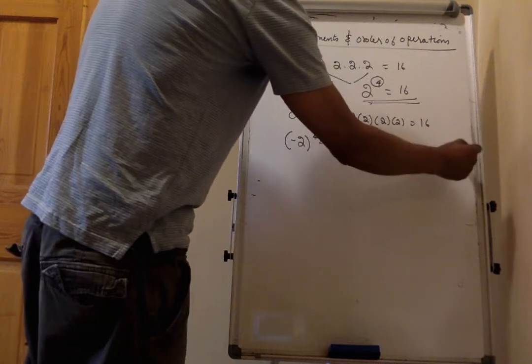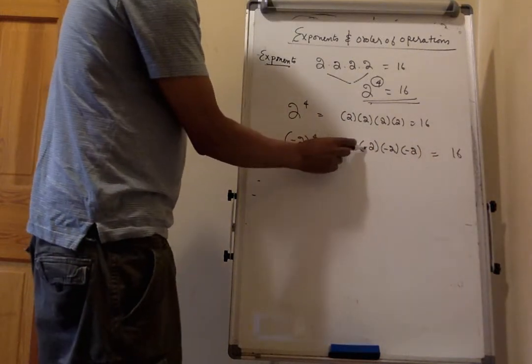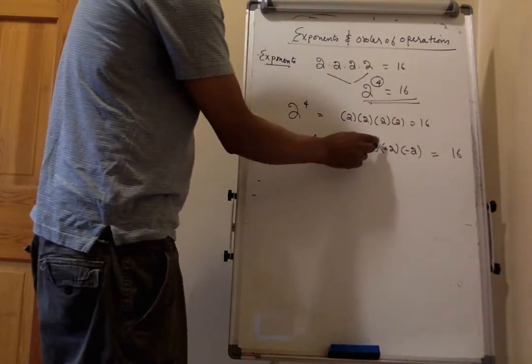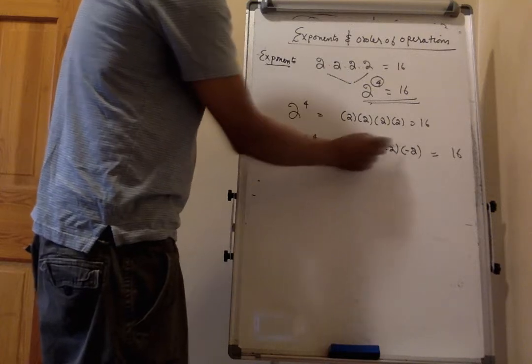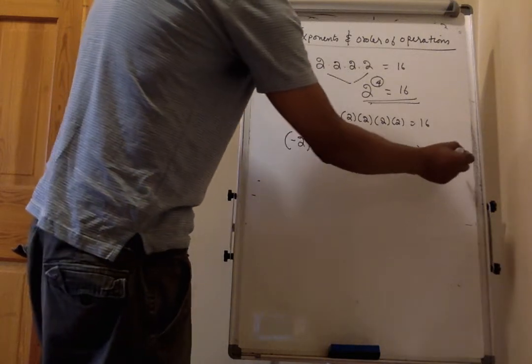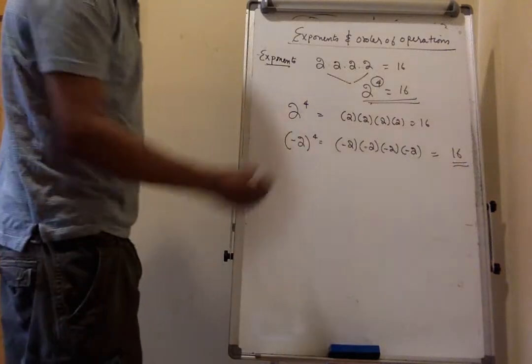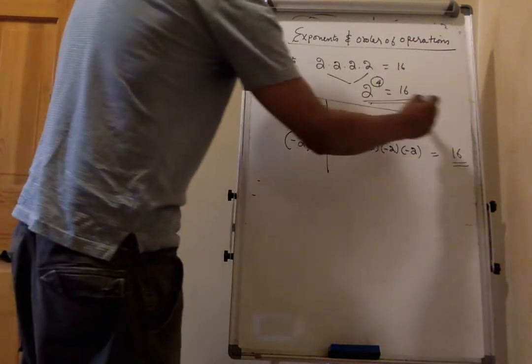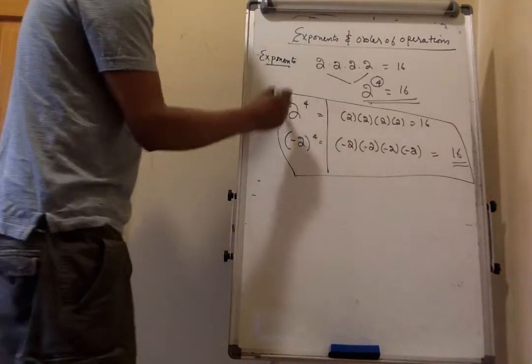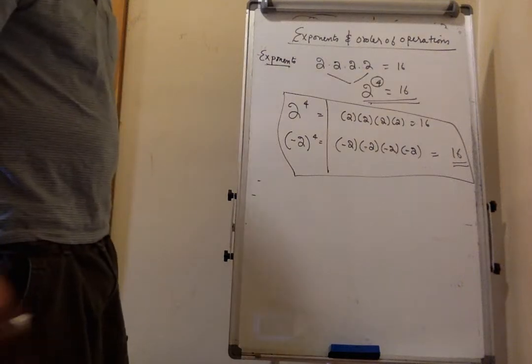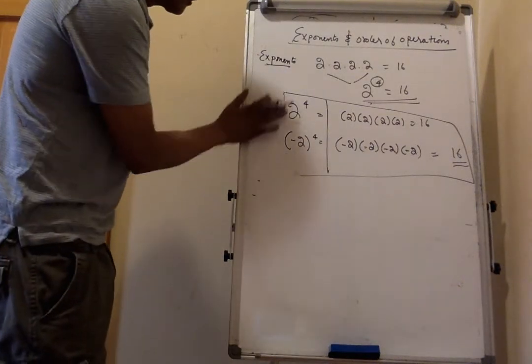But what would be the sign? The sign would be negative times negative is positive. Positive times negative is negative. And negative times negative is positive. So you're going to get the same outcome. Whereas